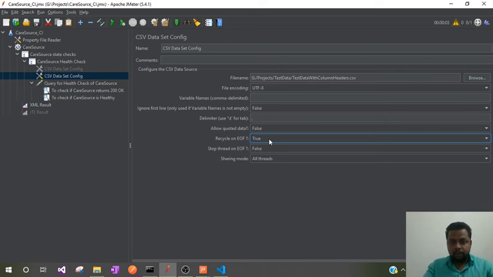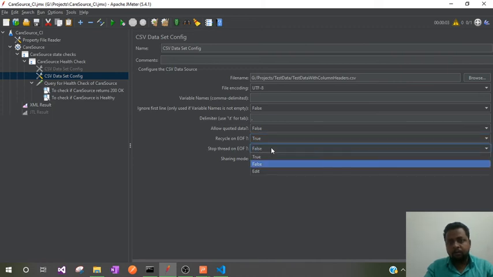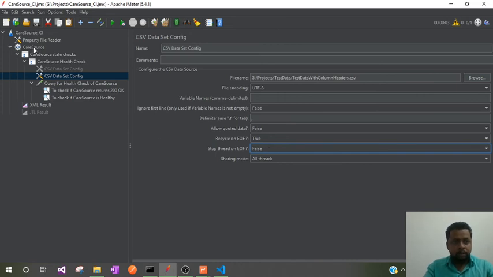Once the control reaches the end of the file, once it reaches the sixth city, it again recycles and reads the first value from the CSV file. If you make it true, and if stop thread on end of file is kept as false, in that case the control will not stop the thread. The execution will not be stopped, it keeps on running till the number of loops we have provided for this thread group.